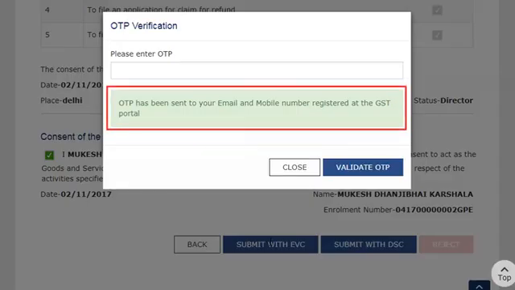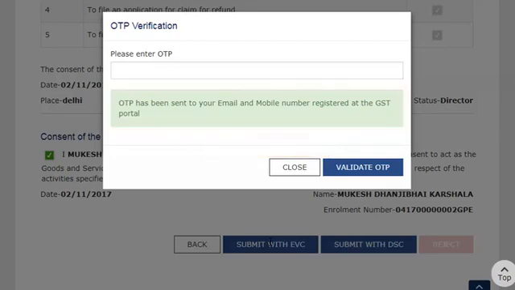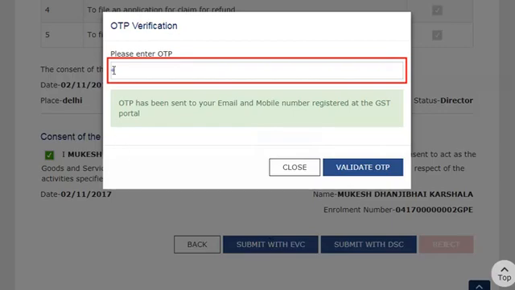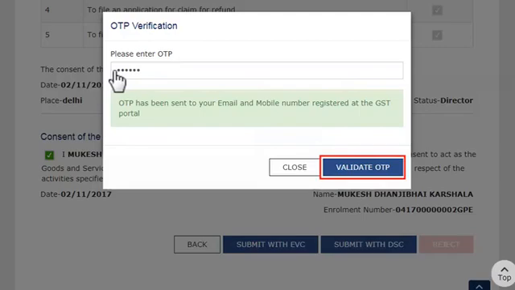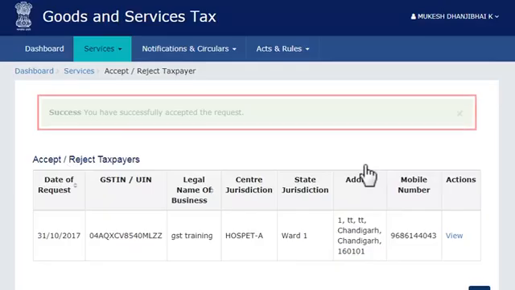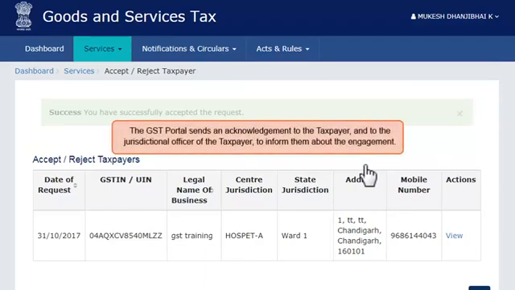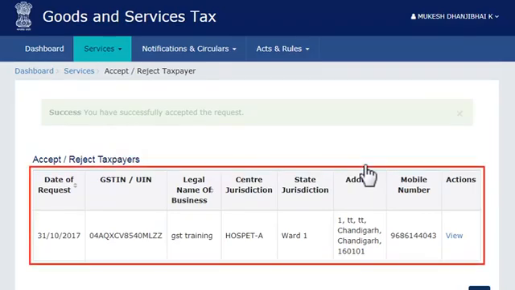The GST portal will send an OTP to your registered email ID and mobile phone number. Both these OTPs will be the same, so you can enter it here when received and click the Validate OTP button to accept the request. The system will display a success message indicating that the request was successfully accepted. Next, the GST portal sends an acknowledgment to the taxpayer and to the jurisdictional officer of the taxpayer to inform them about the engagement. Notice that my screen now shows only one request as pending for action. To process this request also,